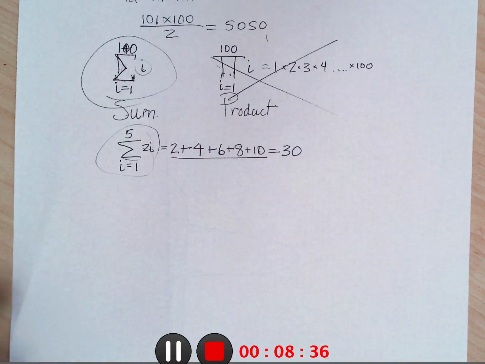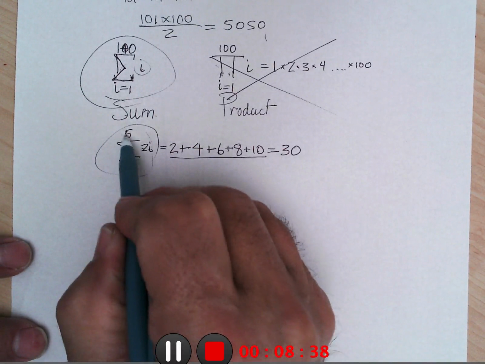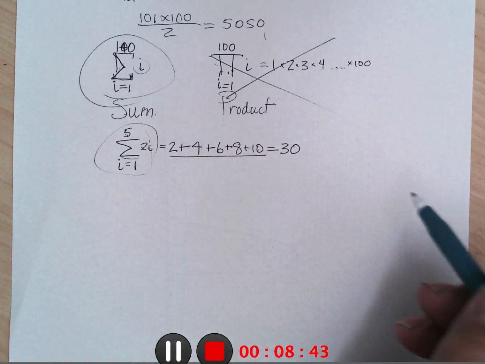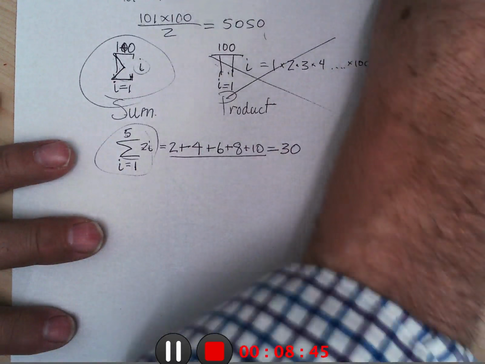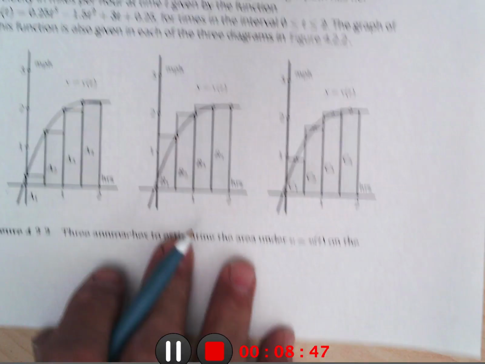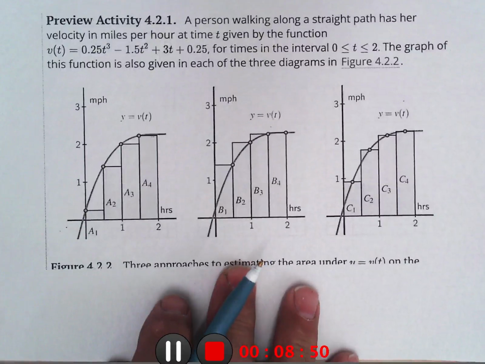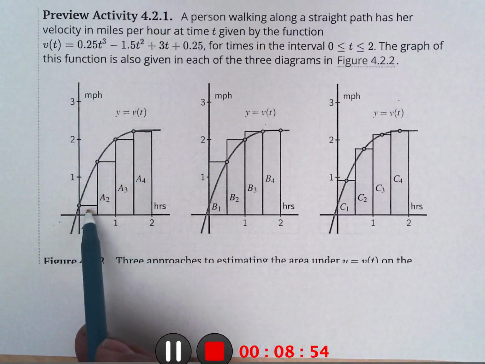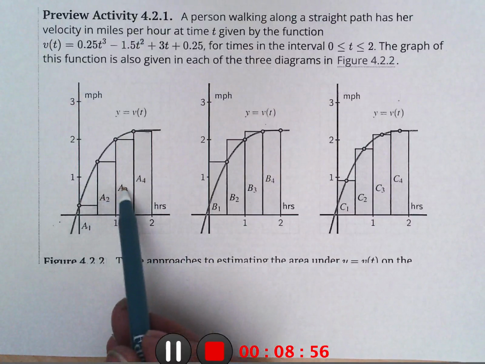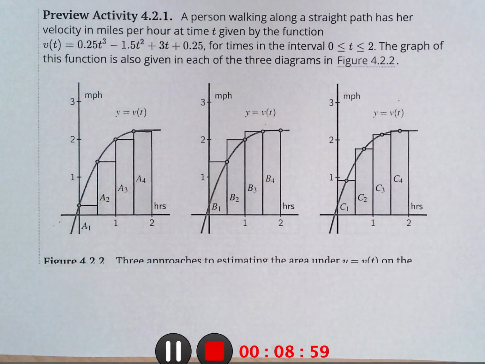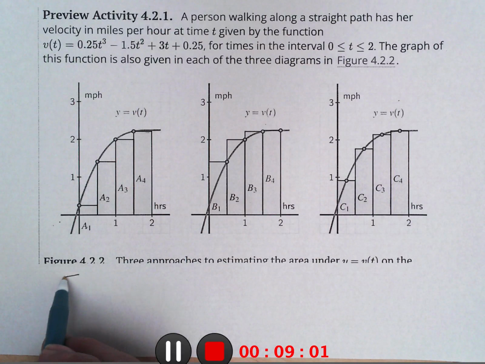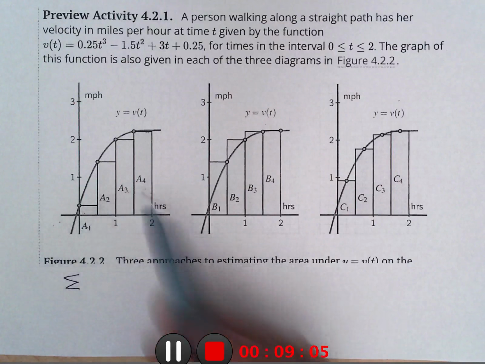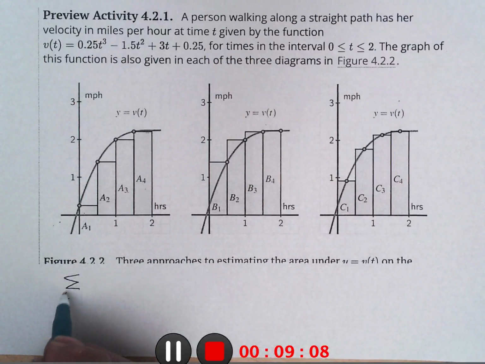And it could start at 1 and go to 5, or it could start at 0 and go to 4, and there'd be 5 different numbers or whatever. Okay. So then going back to the preview activity, I said, let's write a summation notation for the sum of areas 1, 2, 3, and 4. So, since we're doing 4 areas, I could make i go from 1 to 4,